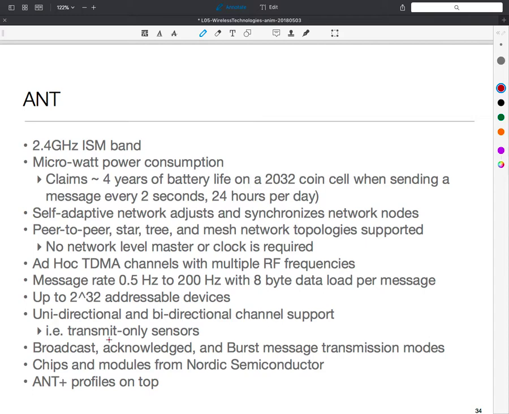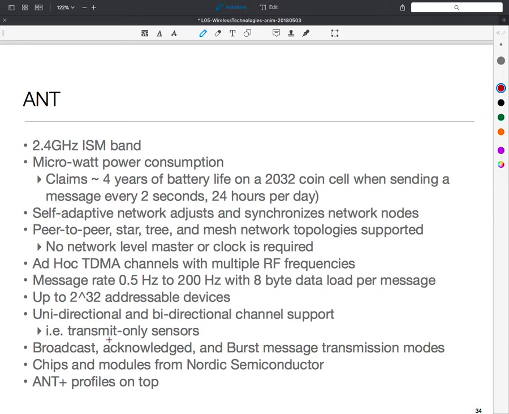Zigbee 15.4. I didn't go into Z-Wave because it's operating in the same space. It's also a mesh network, very similarly architected. The underlying details are less important. They're just different market segments. So ANT is the interesting one because that's the closest to what we are attempting to do with Xavier, which is designed for very low power sensors, wearable sensors, coin cell based, very low data rate. So even though 250 kilobits per second sounded low, this is perhaps even lower. Years of battery life, and so the way ANT